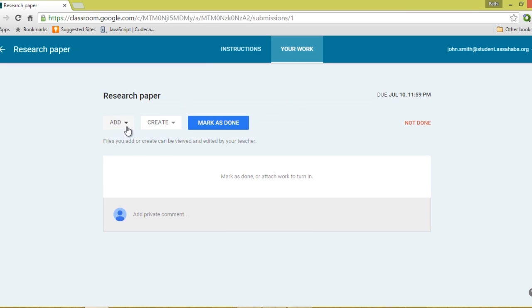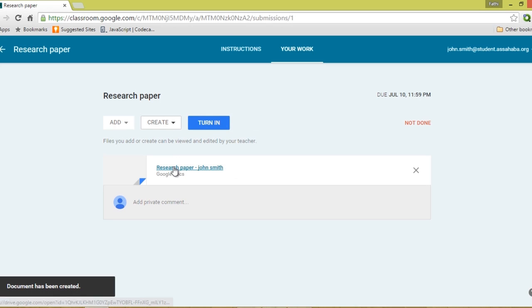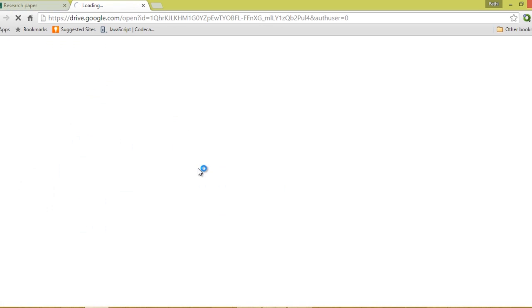So I can either upload a Word document, Microsoft Word document if I have it. I can also use Google Apps from the Google Drive, or, which is much easier, is to come right here and create your own document. So I'm going to click here to create my own document. It's creating a document for me. Now it's created with my name right here, John Smith, okay, as a student, and I come right here,